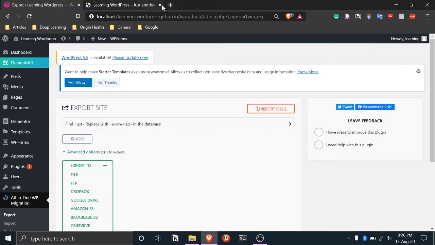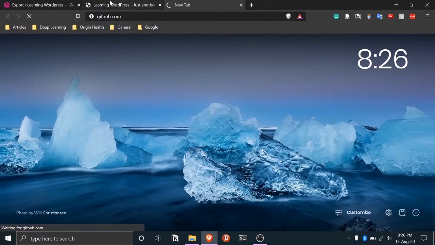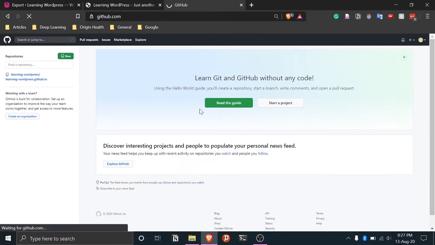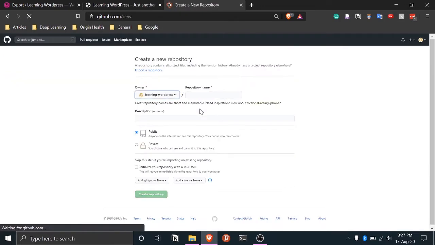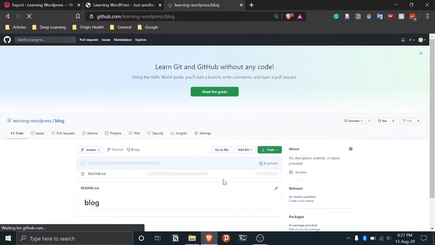That is, first we'll go to our GitHub and create another repository. So we'll click new. As I told you earlier, for each additional page you want, you'll have to create a separate repository. Since we want this repository to be named blog, we'll name it blog. It should be public, initialize it with a readme, and then create the repository.